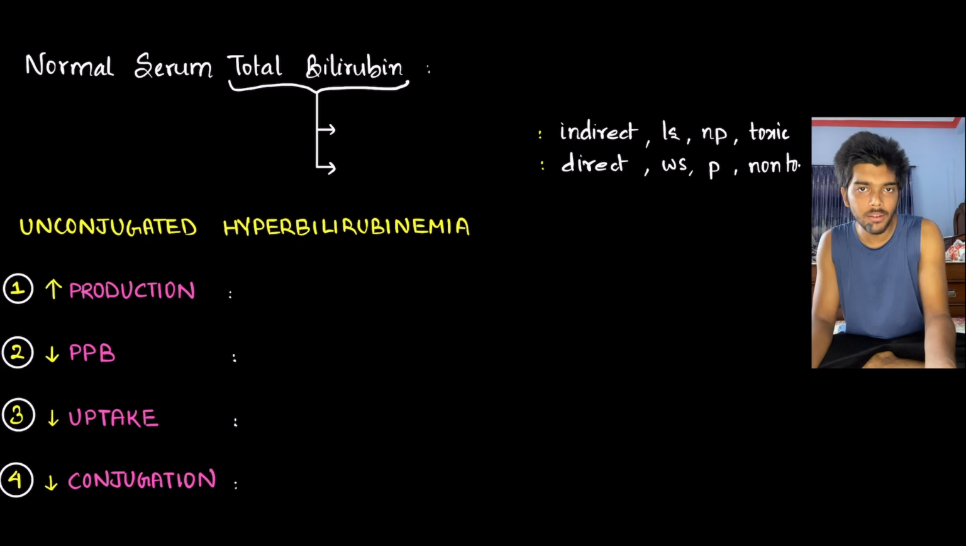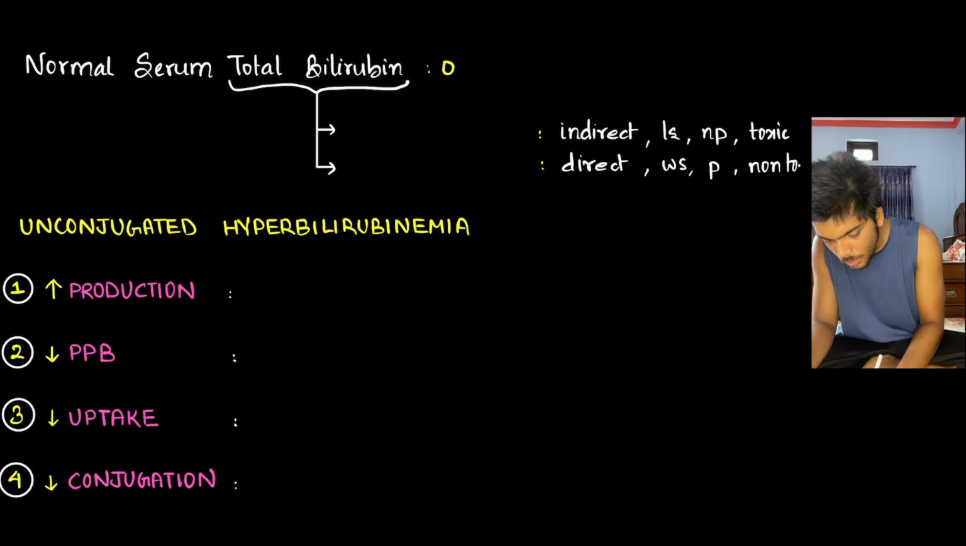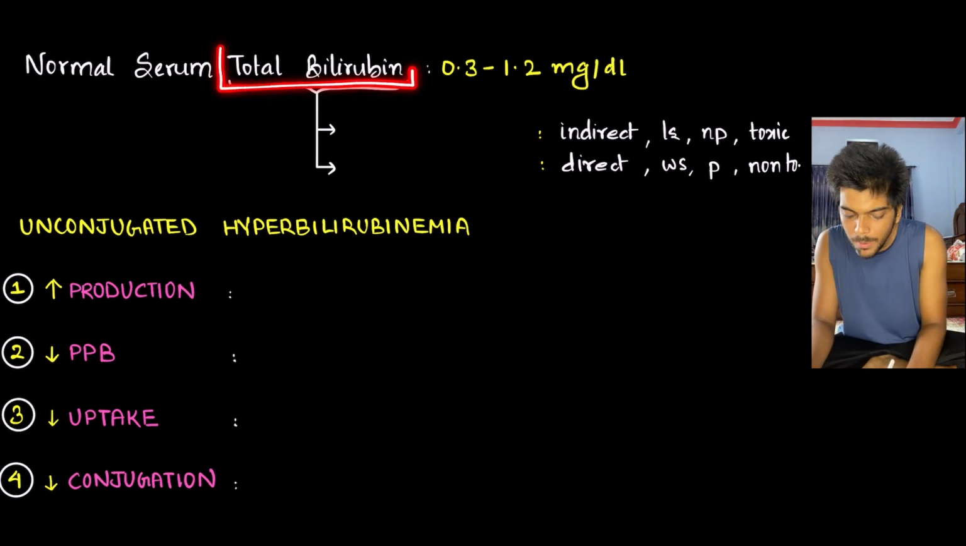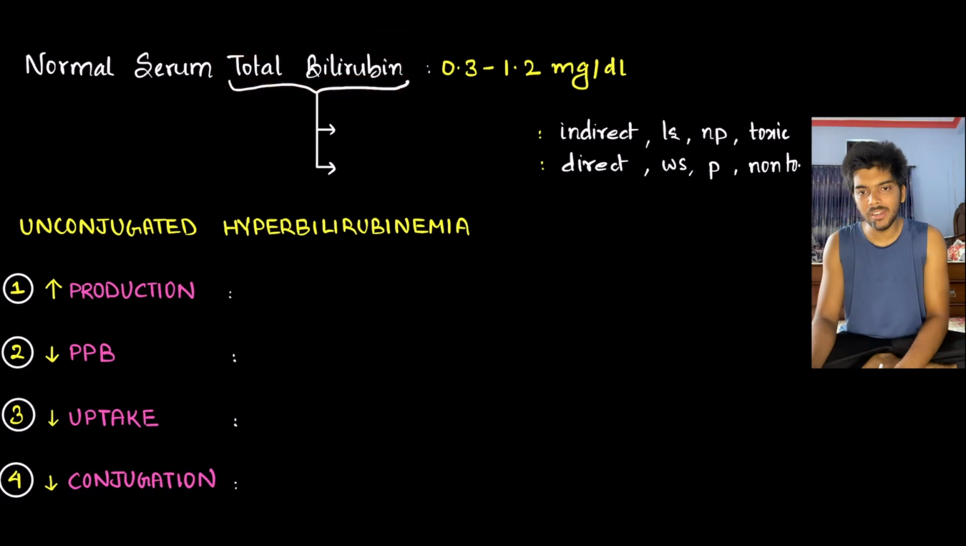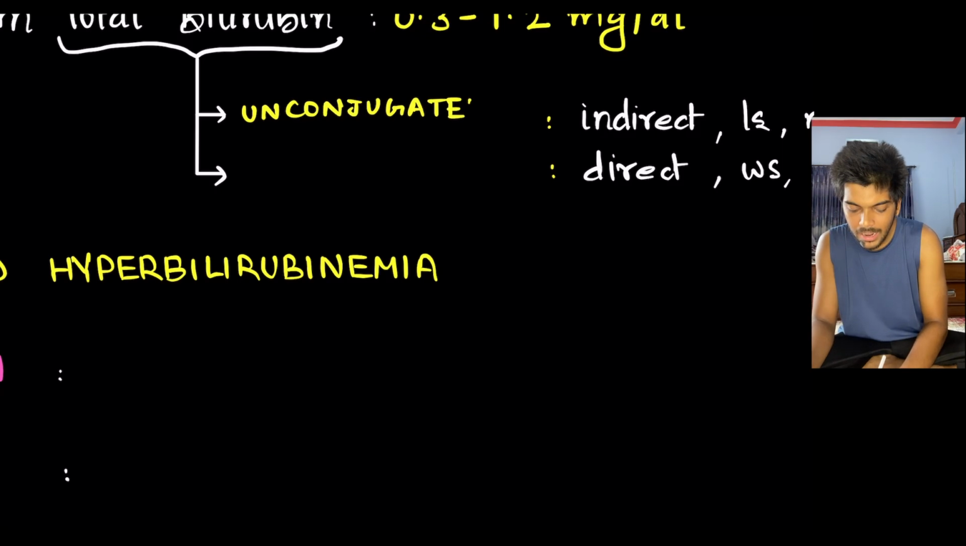bilirubin in blood then? The normal serum total bilirubin is 0.3 to 1.2 milligram per deciliter as written in Robbins. And this total bilirubin contains two different types of bilirubin. Unconjugated bilirubin, which is also referred to as indirect bilirubin, and conjugated bilirubin, which is also referred to as direct